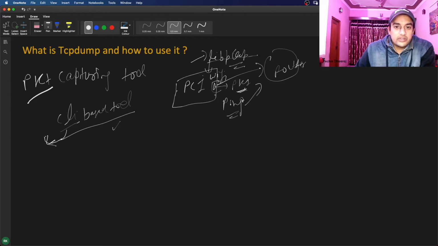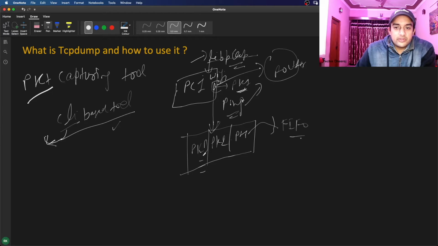So they queue the packets, because applications are generally fast to send all the information. They maintain one queue where they put packet 1, then packet 2, and like that all the packets are put in the queue, and then they are picked one by one based on the first in first out principle. That's how a queue works.